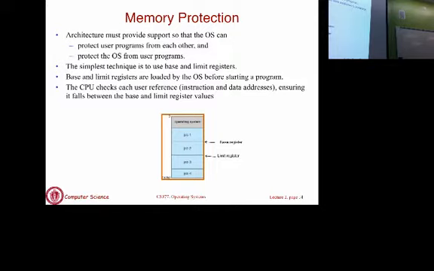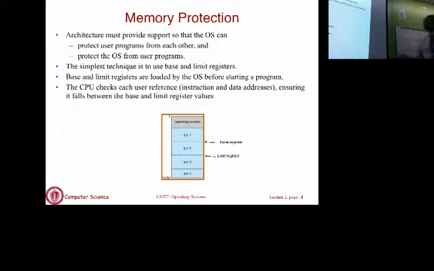One question: I wanted to know how the operating system keeps track of all its registers, like within its own block of memory. Does it have a table? Okay. The question is, how does the operating system know what the base and limit values for each process are? As we'll see shortly, the operating system itself maintains some data structures for each process. There's a data structure called the process control block, which has one entry for every active process. That entry will tell you everything you need to know about the process.